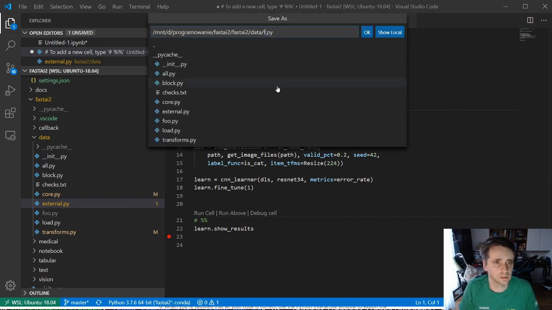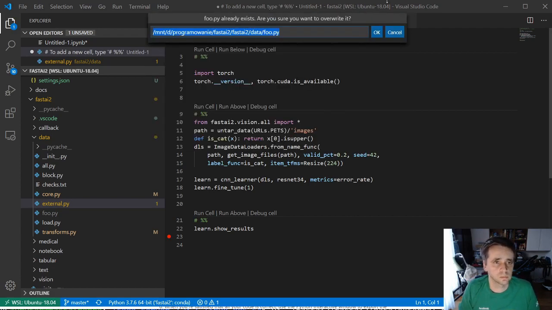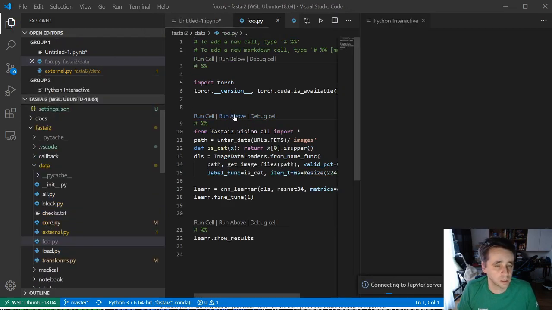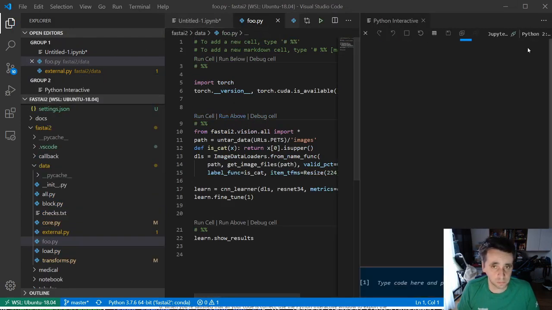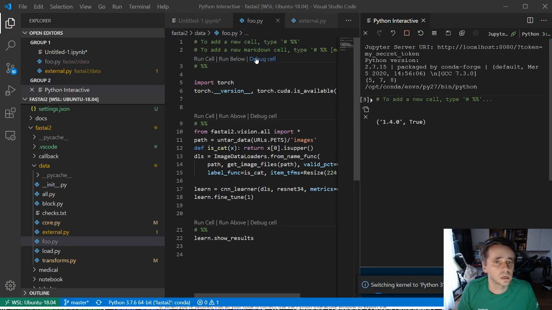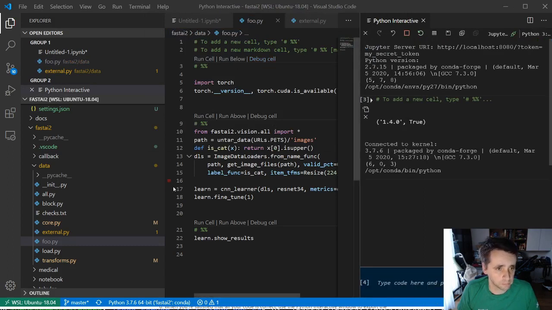Need to save it. And now every cell has this run debug and run above, so if I run it, it will open a small window here. I want to run it in Python 3 again. And now if I want to run to the breakpoint,